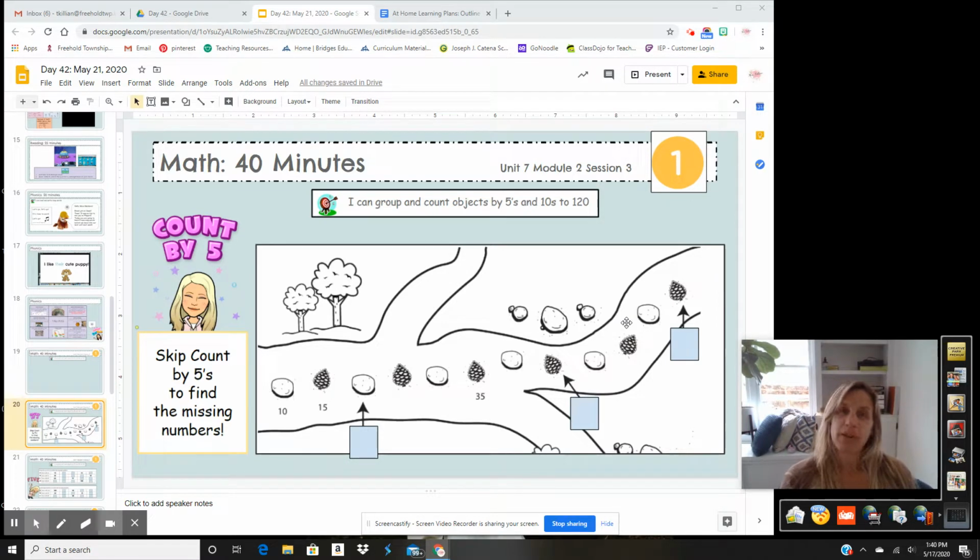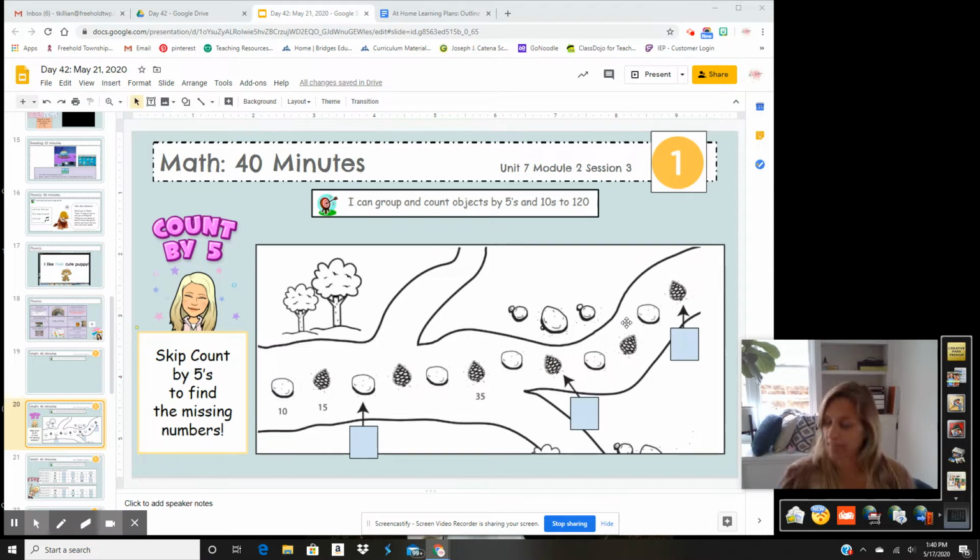So we learned that when they were walking their trail, they had a problem. Their breadcrumbs kept getting swooped up and eaten. So today they decided to drop something a little bit different, pebbles and pine cones. And they drop them in different increments or spaces. Sometimes they drop them in groups of every 5 steps or every 10 steps. So we're going to use what we know about counting by 5s and 10s to figure out how far they